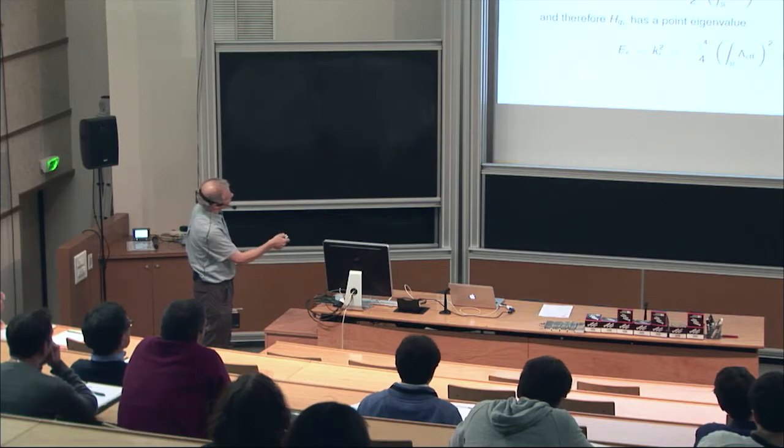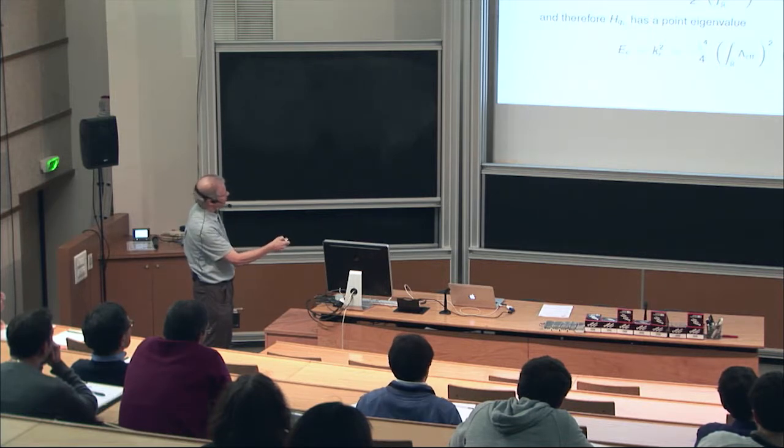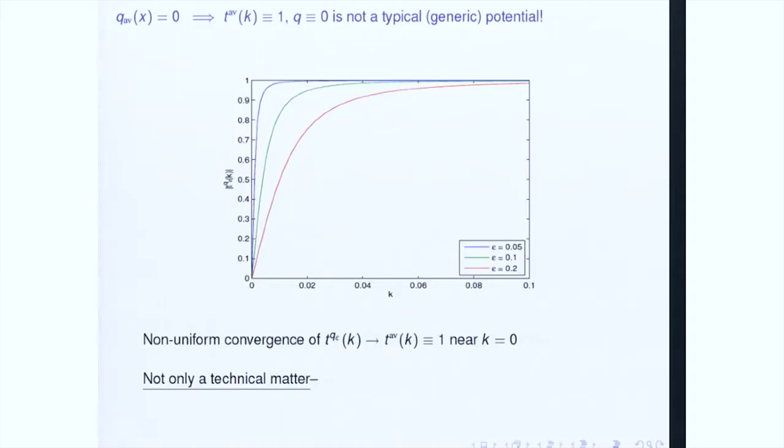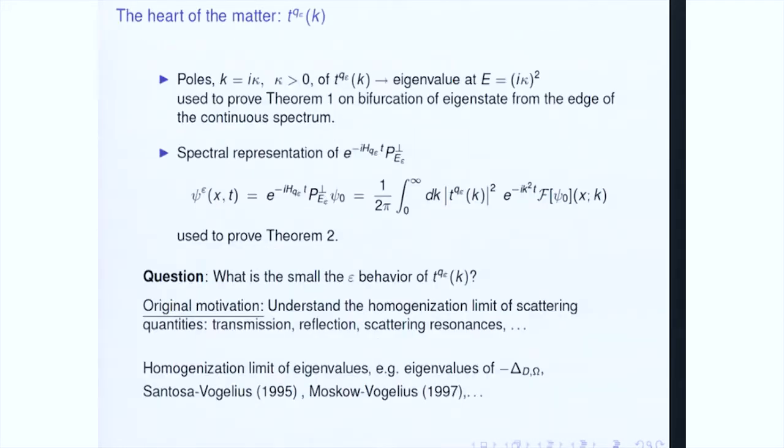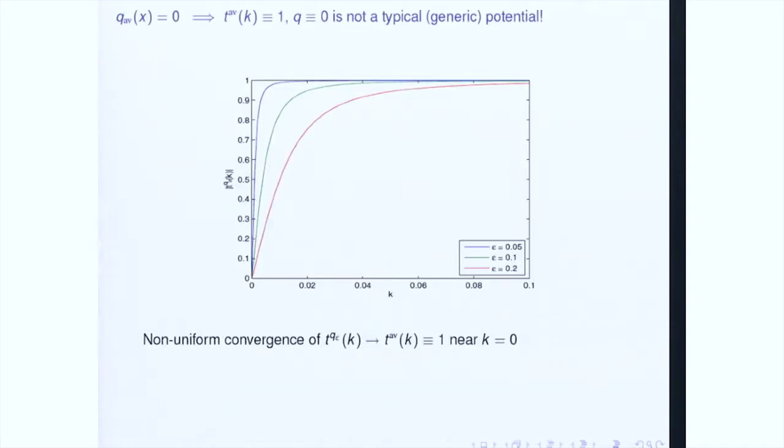So let's look at this for a moment. You see, this looks like kappa squared. So in the unscaled variables, this will look like k squared over something that is regular as k goes to 0. And let me just go back briefly to this form. For low energy, this has a factor of k squared now, so you could see from stationary phase that you'll get the t to the 3 halves enhanced dispersion coming from that.